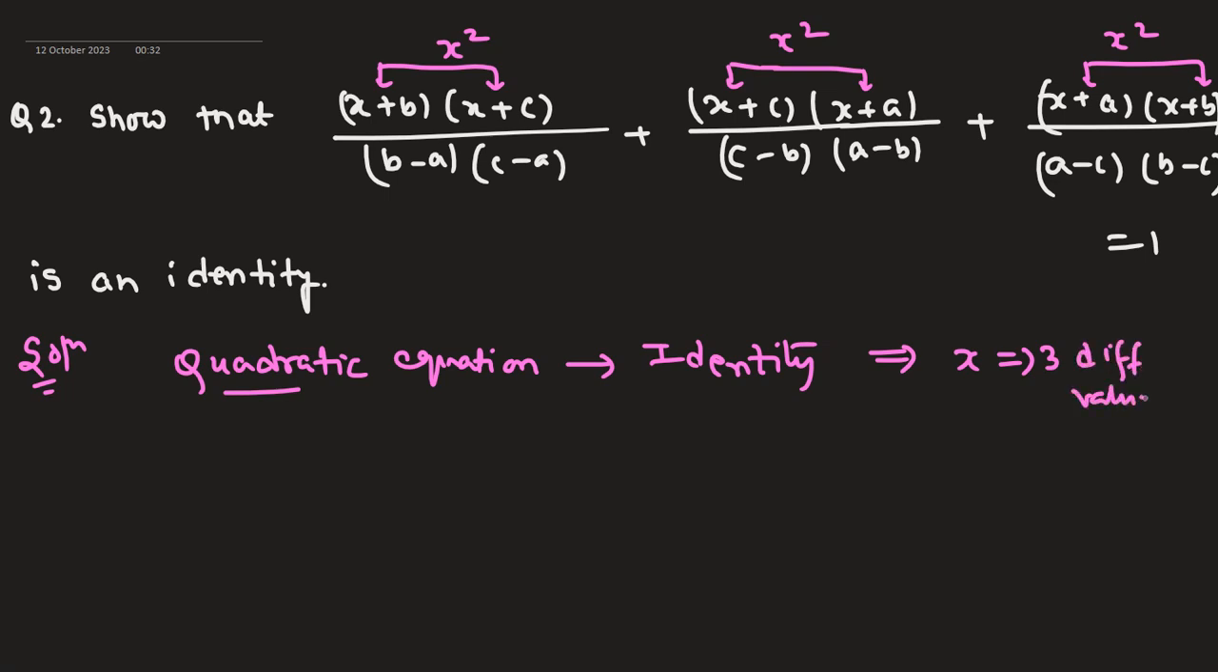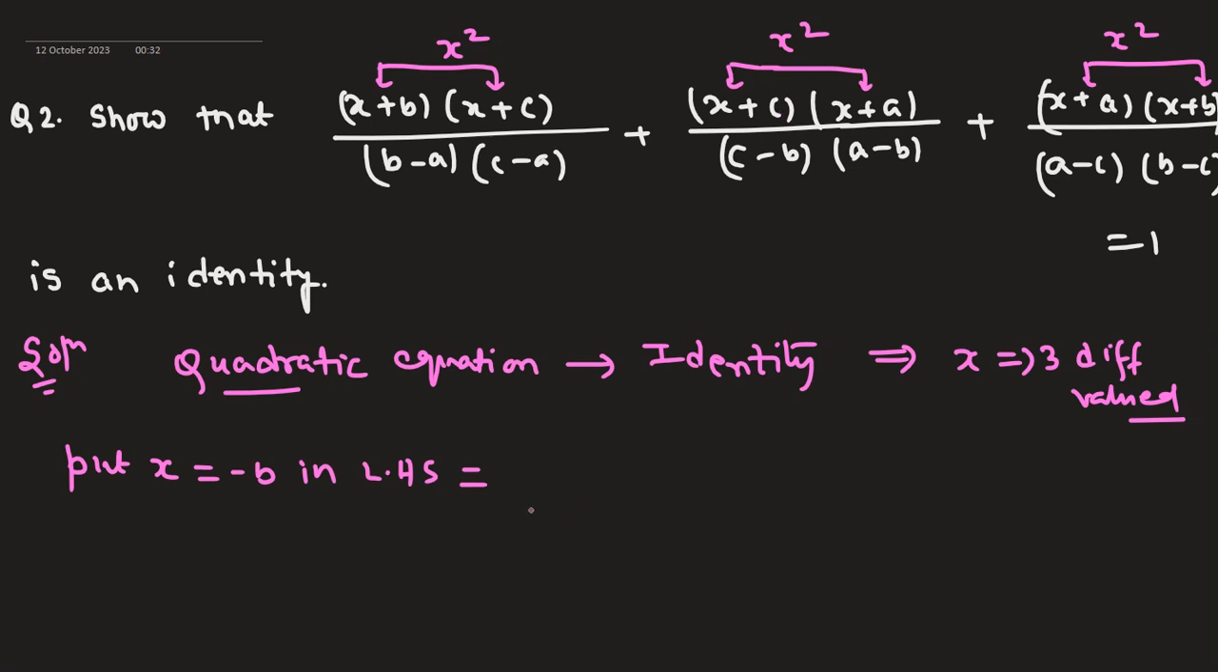Okay? So for different values of x, it is satisfied. Now put x equal to minus b in LHS. So what will happen? If you put x equal to minus b, this part is 0, the last part becomes 0, and this part becomes